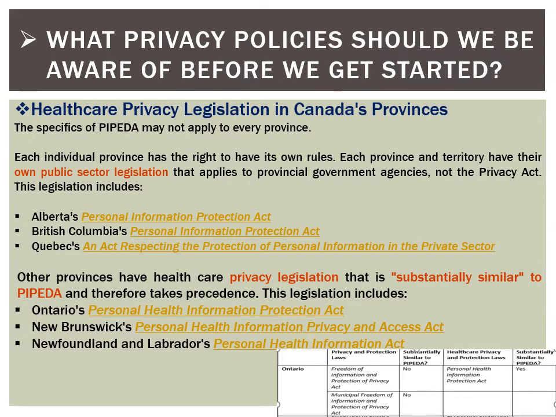Third, we need to pay attention to healthcare privacy legislation in Canada's provinces because every province has a right to have its own rules. Not only do they have their own public sector legislation, like Alberta, British Columbia, and Quebec, they have their own Information Protection Act. And also, a province can have healthcare privacy legislation if it is substantially similar to